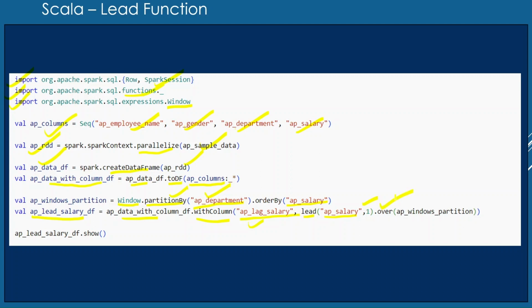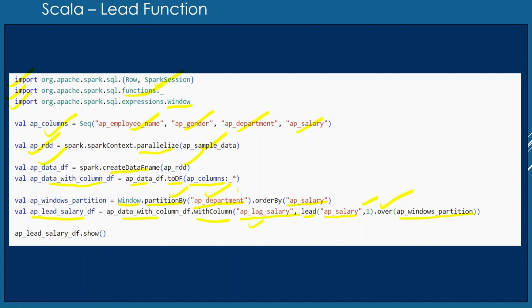How are we going to create a window partition? We are going to create a window partition with the help of an over clause, and in the over clause we just need to give the partitioning condition. So this is the AP window partition variable which we have defined here. What is it doing? It is partitioning the data